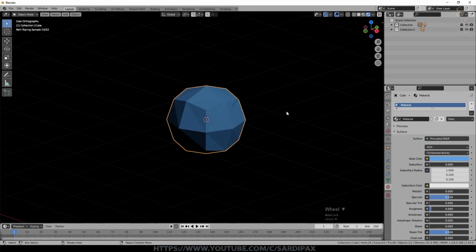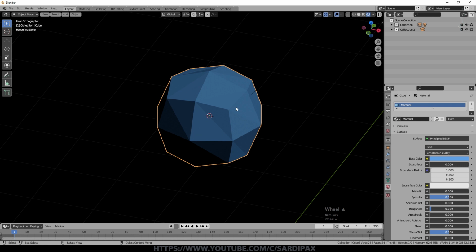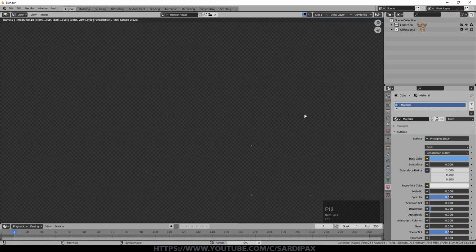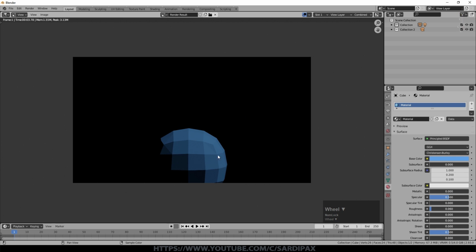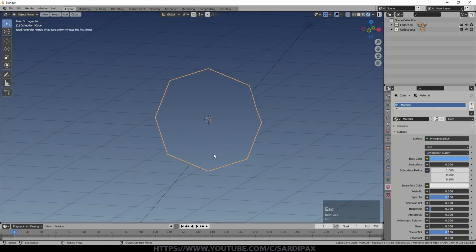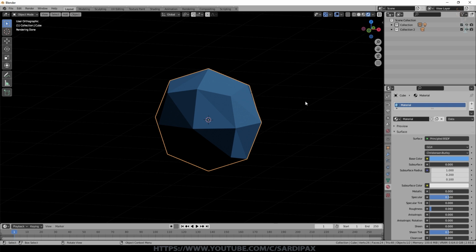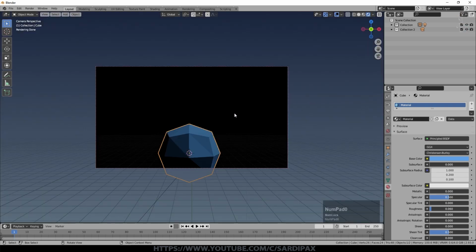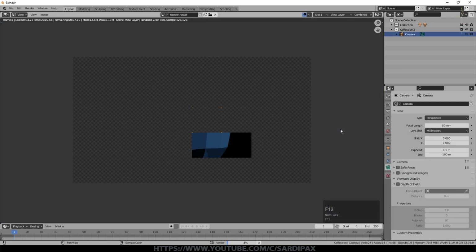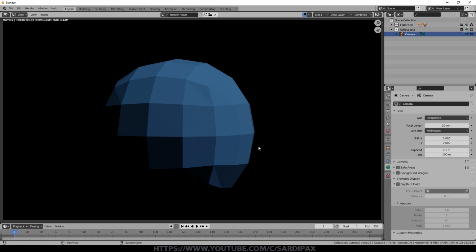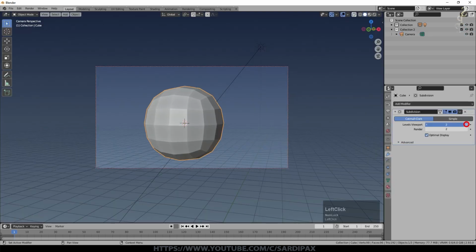And at the moment that's not really showing much in specular terms because it's such a low poly object. But if I go to rendered view now, you can see that's a higher resolution object. So here it is just in the viewport. I'm just going to move the camera, and now we give it a render, and we can see that's a higher resolution object. So let's go up to a significantly higher number of subdivisions.